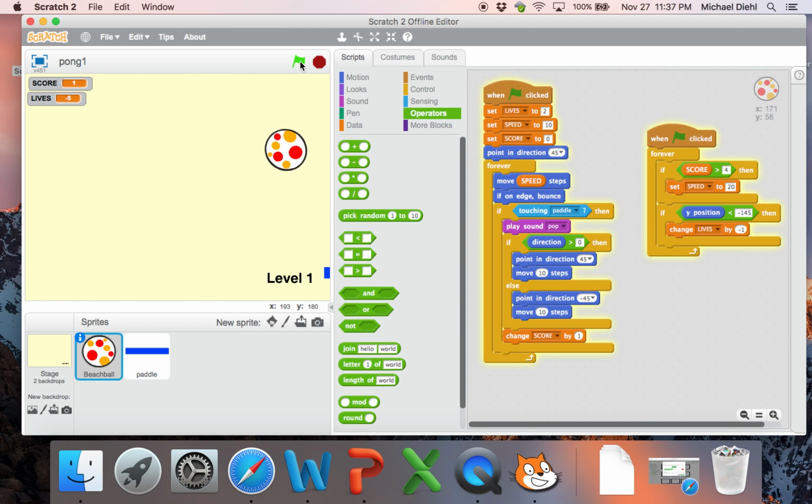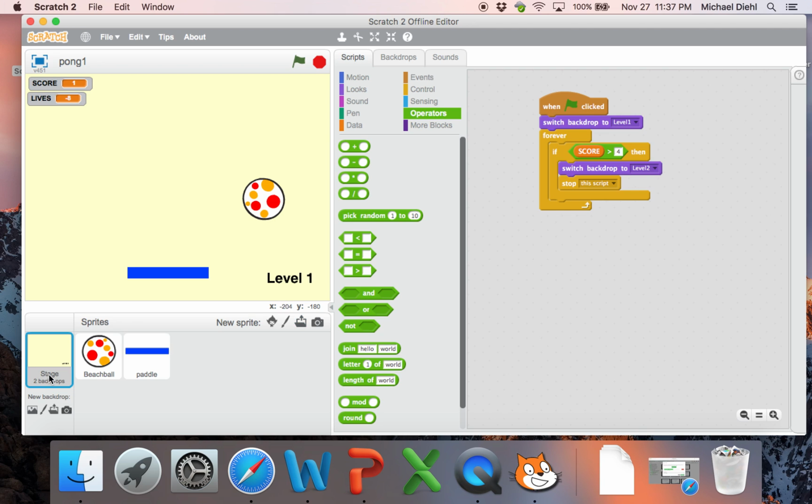Okay, so that seems pretty good, right? Every time it bounces off the floor, I lose one life. So that's probably a good thing. And then maybe I want to do a sort of game over situation, right? Which would probably be something like when lives are zero. Maybe I want, so I'm going to go back to the backgrounds for a minute here and say for the backdrops here, I might say,